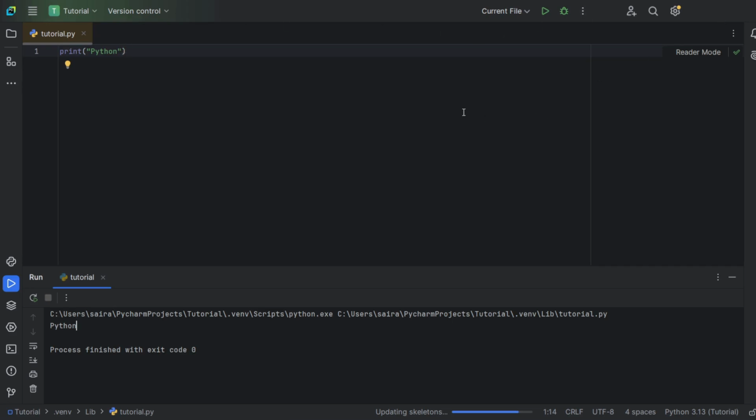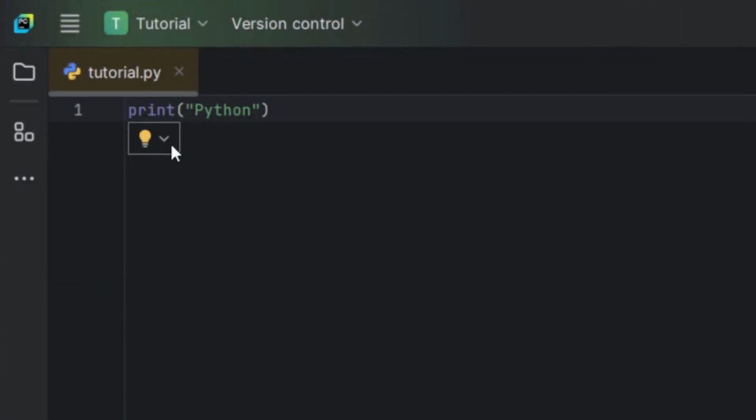Our first program consists of the following parts: print, the print function, an opening parenthesis, a quotation mark, the line of text, another quotation mark, and a closing parenthesis. Each of these components plays quite an important role in displaying the final output. The word print you see over here is a function name. A function in a computer is a separate part of the code which can cause an effect. Like over here, the print function is causing an effect which is displaying Python on the output.